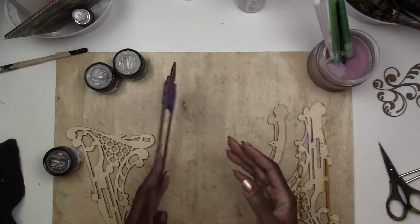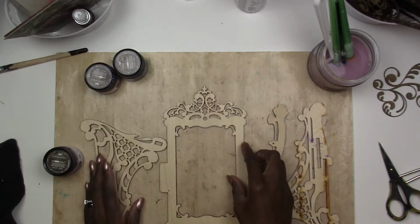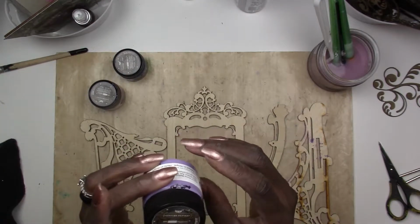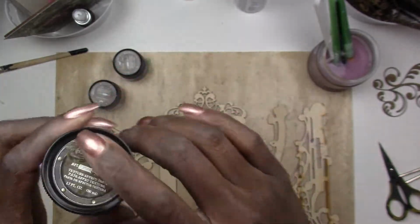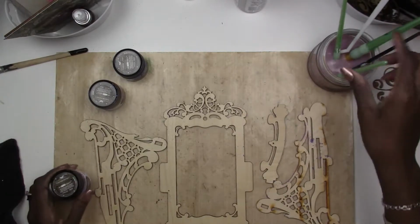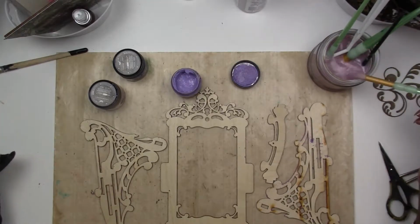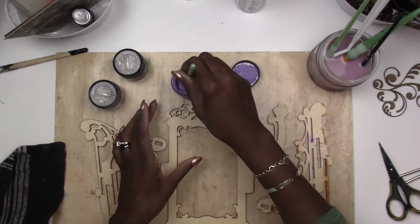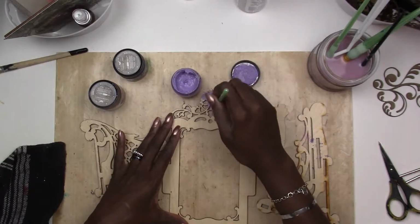Okay, so I already did one side of this, and we're going to go ahead and do the other side. I started off with the texture effect paint using the purple color. It looks kind of bluish on the screen, but it's actually like a light purple. And I'm going to take my stipple brush. We're going to open this up. And I'm going to take my stipple brush and dry that off a little bit. And I'm just going to go in and just randomly stipple